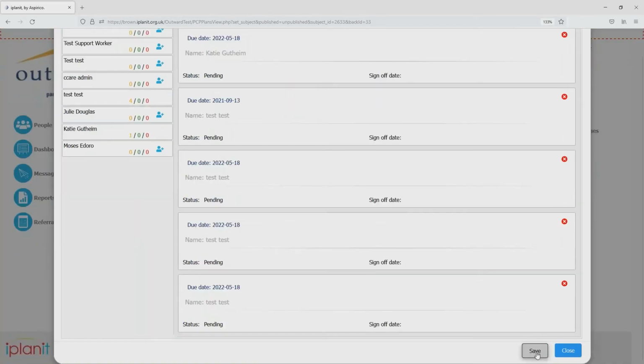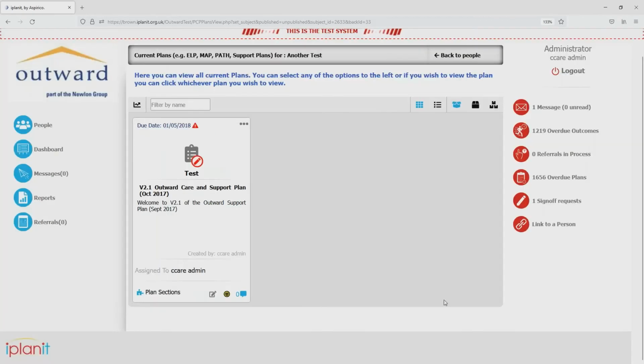Okay, and just click save there. Oh, I'll just close that. So that list was all the times that test has been asked. So now we still can't do anything with this support plan until the person we've asked to sign it off signs it off. So when Katie logs in next,